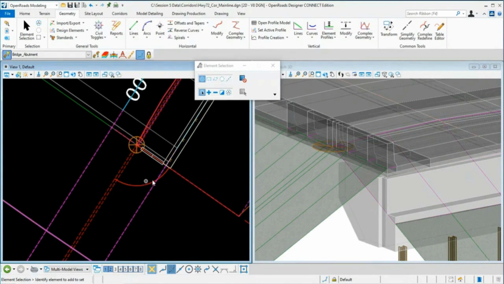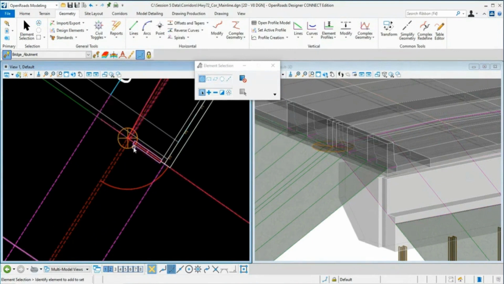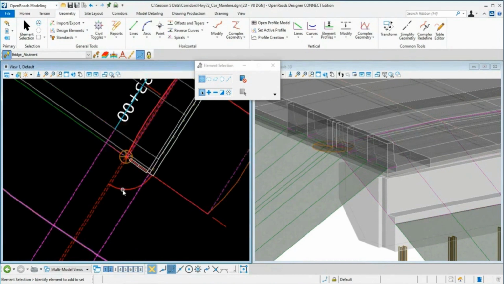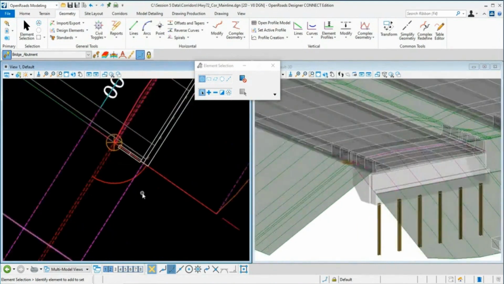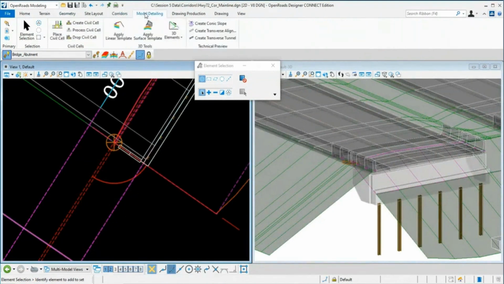Okay, so now we got an arc there. So what we're going to do is define a 2-to-1 slope from this top point elevation down to this element, to establish some vertical elevations on this feature, that arc. So let me zoom out a little bit in my 3D view, zoom in a little bit on my 2D view, come over to our model detailing tab, and what we'll do is we'll go to the